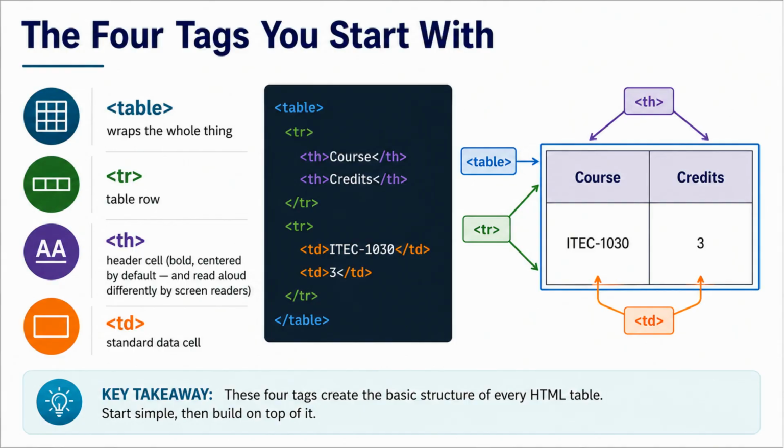The 4 foundational tags. Table wraps the whole thing. TR is one table row. TH is a header cell, bold and centered by default, and worth flagging that screen readers also read it aloud differently than a regular cell, which sets up why using the real tag matters later in the chapter. TD is a standard data cell. Walk the code to rendered table rows on this slide slowly, since this is the first real table markup students